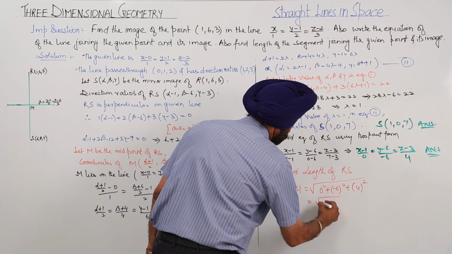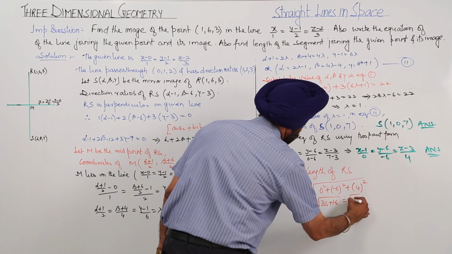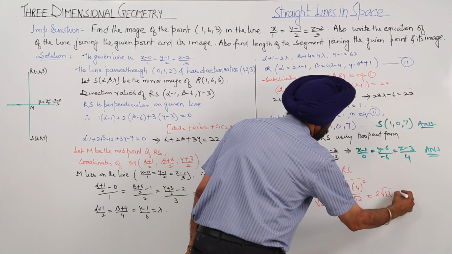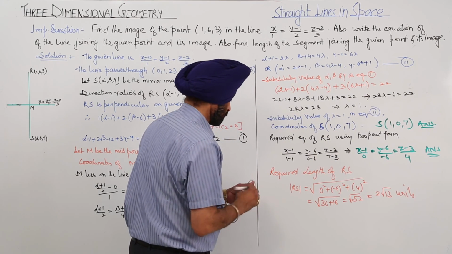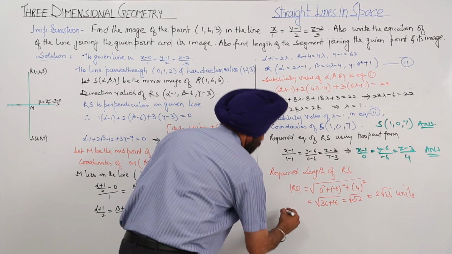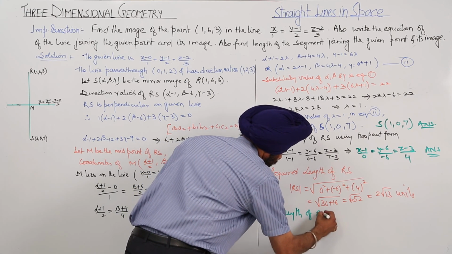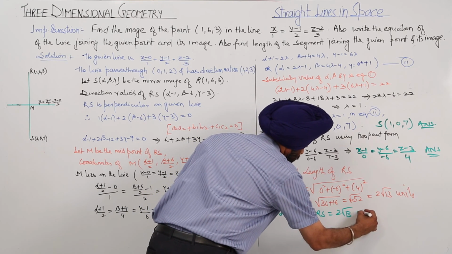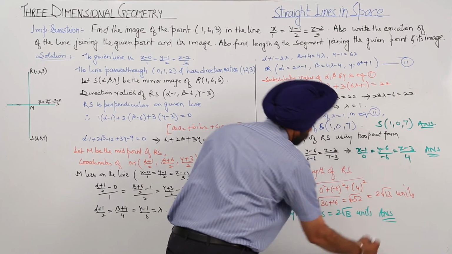This is equal to the square root of 36 plus 16, that is the square root of 52, and this is 2 root 13 units. Length of RS is equal to 2 root 13 units. Answer. So we are having three different